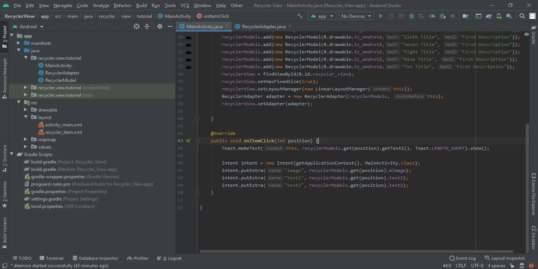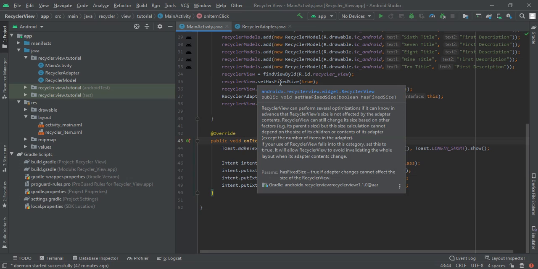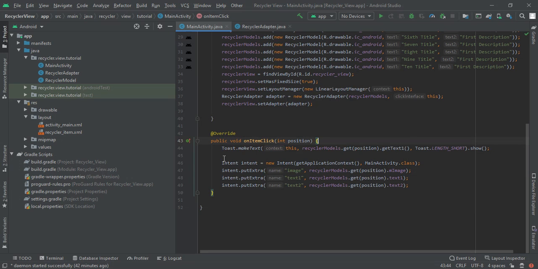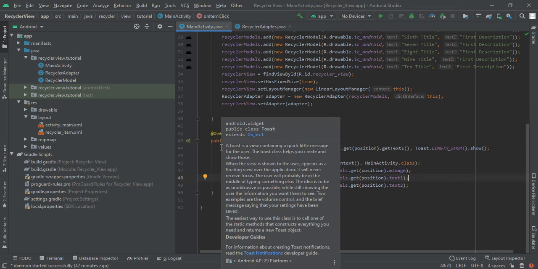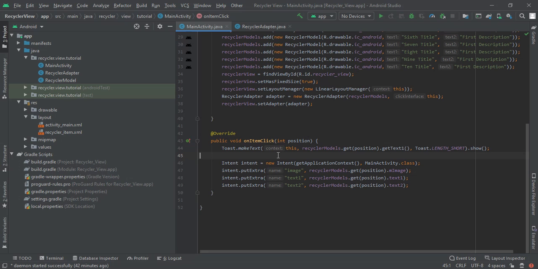Now here we have to get the position of our array list and then send it to a toast message or intent, wherever you want. Here, let us say Toast.makeText, then pass the context, this.